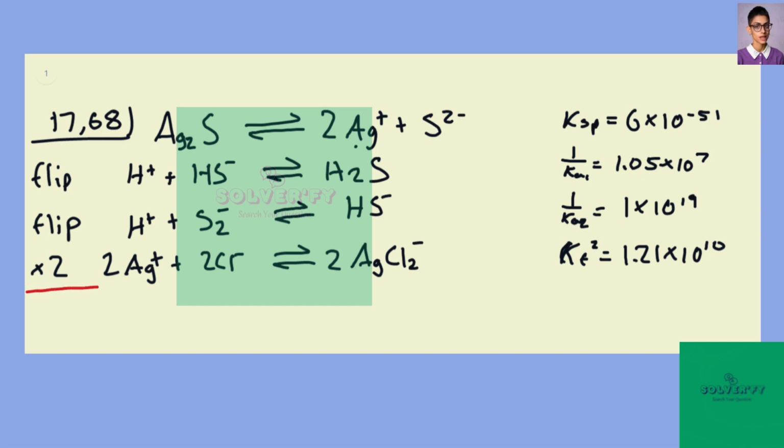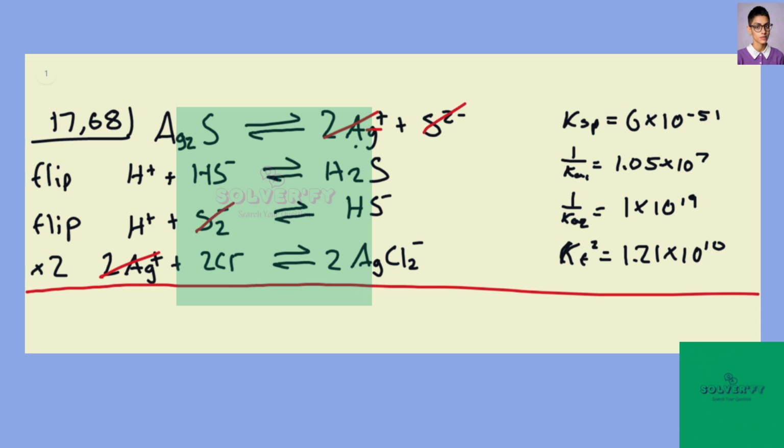So we're going to add these up and we're going to multiply the K values. So the silvers will cancel, the S2 minus will cancel, the HS minus will cancel, and we're left with, this was initially 2, it should now be 4. So we're left with